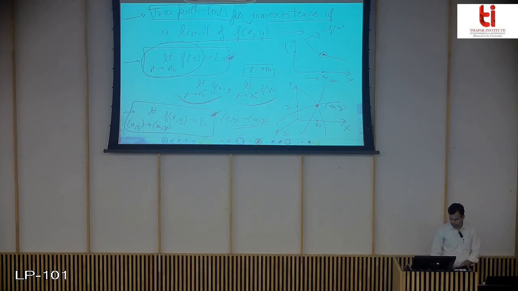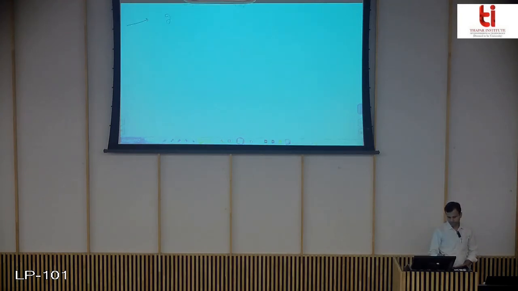So this means, let me write it here, in limit, the value of the limit should always be L, unique and finite, when we approach x naught, y naught lying in the plane